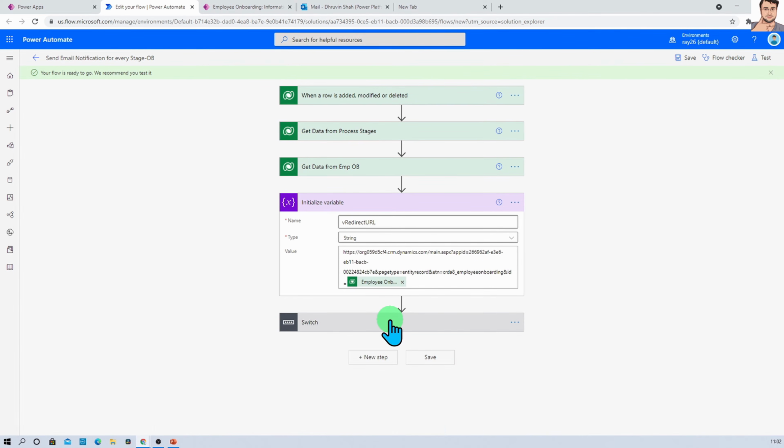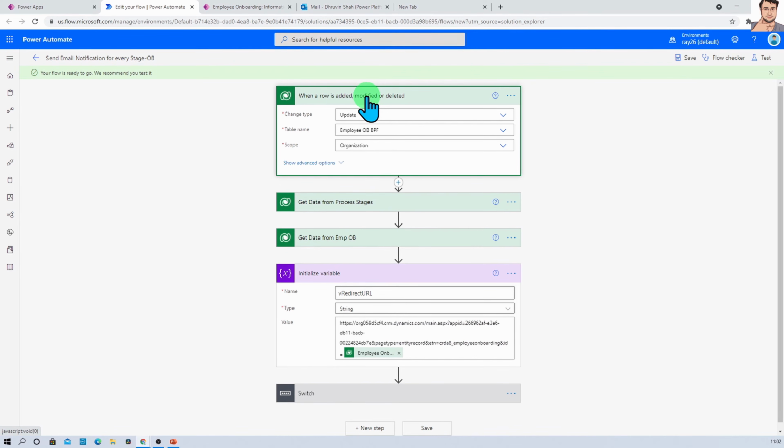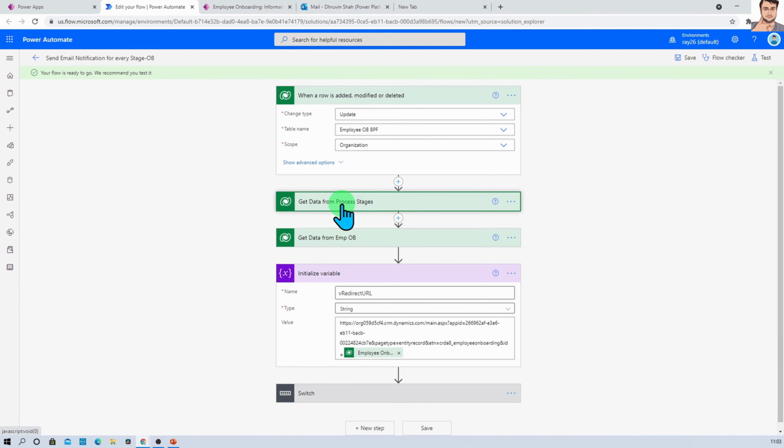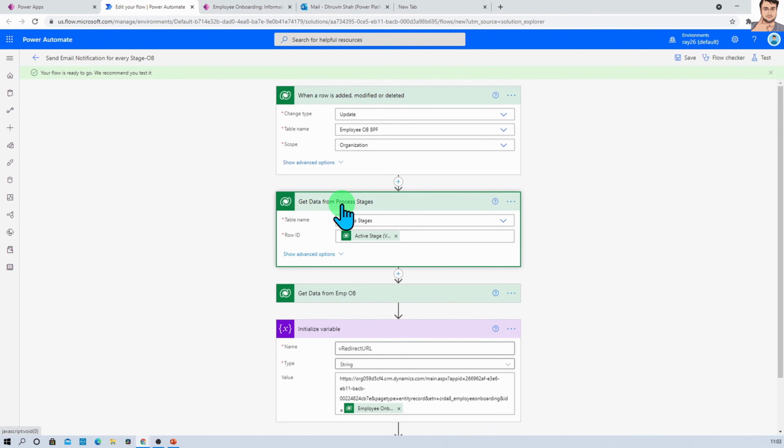What we have done at the first stage is we just added our trigger on our employee onboarding business process flow Dataverse table where it is maintaining every stage. Once we added that trigger, we are getting the data from our process stage table. This is the out of the box table which is available in the Dataverse, which is maintaining the stage for each individual business process flow.